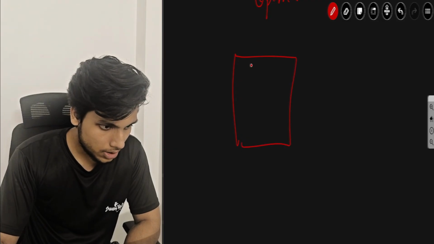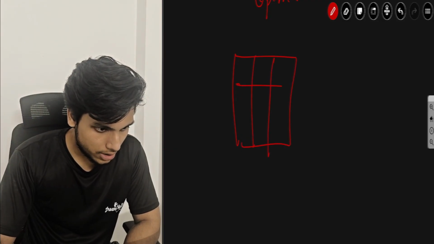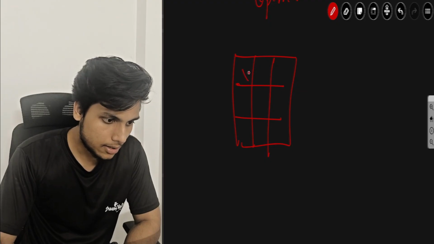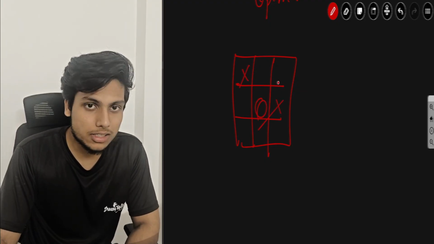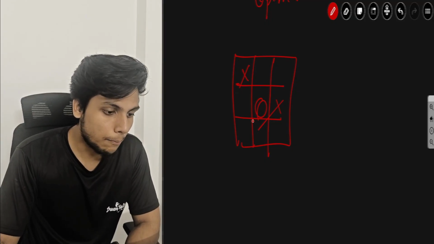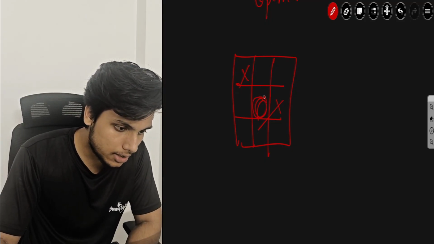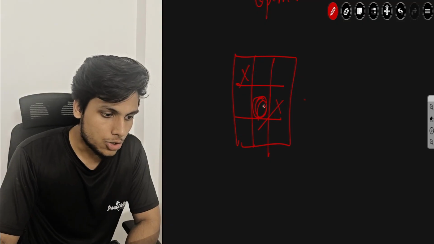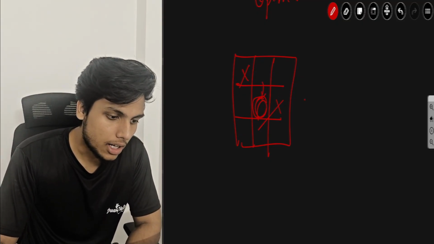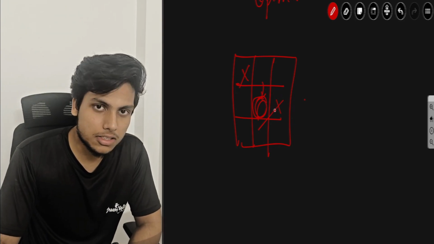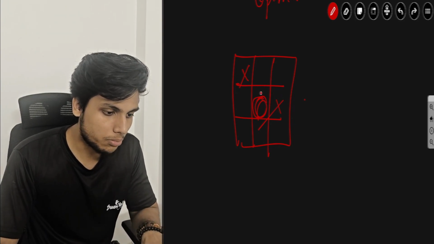Let's say the middle state of the tic-tac-toe game is like this, and now it is player O's turn. In order to win, O has to stop player X from winning, and O has to win. So what will be the next optimal move?